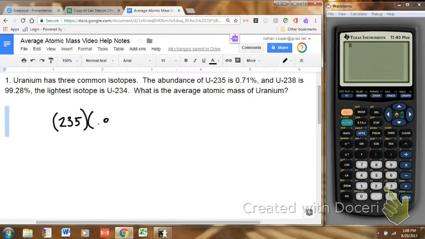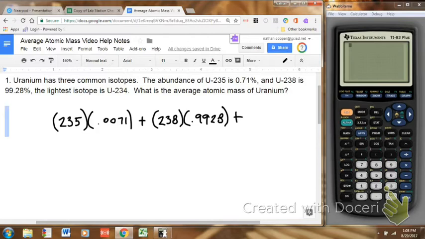So 0.0071. The second isotope is uranium-238, and it's 99.28% abundant. So again, the mass of this heavier isotope of uranium times its percent abundance in decimal form, so 0.9928. The third isotope, the lightest isotope, does not give me the percent, so I have to know the difference